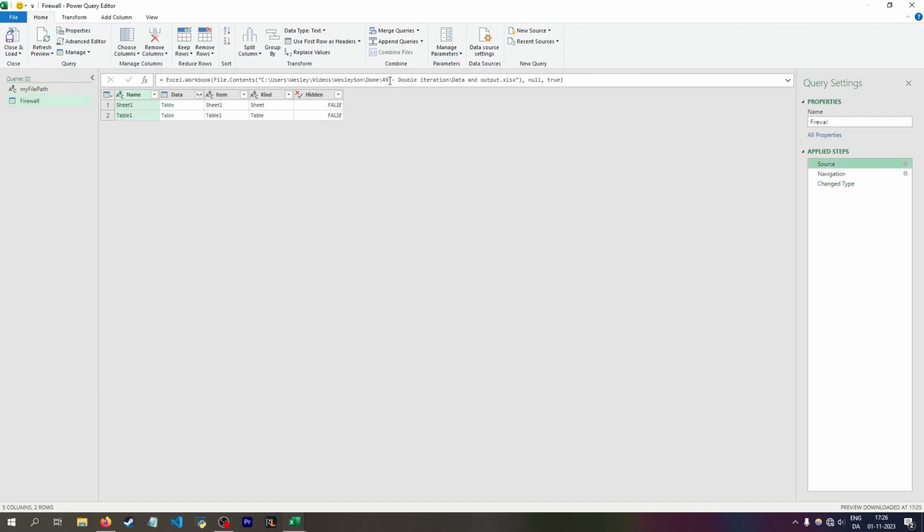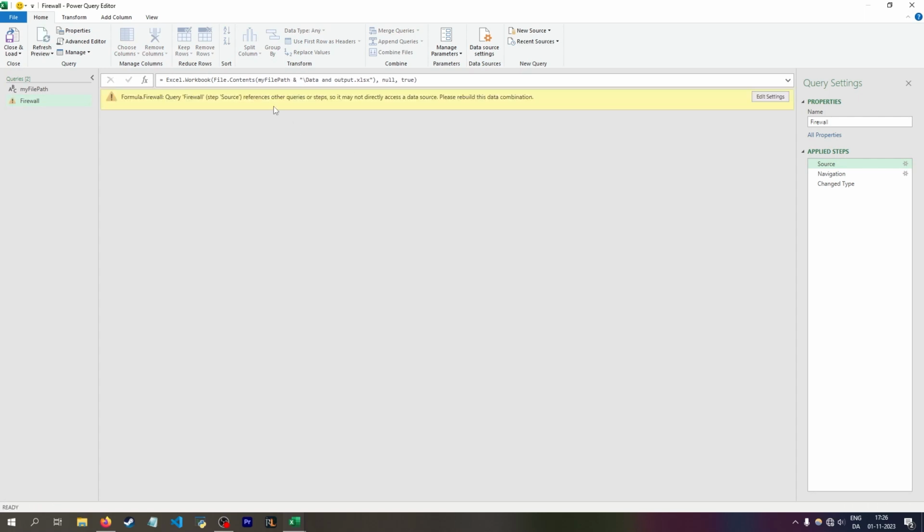I can go into source and say instead of this double iteration, I want this instead to refer to the output of my query. And again, I'm in Excel 2016, so I don't have access to IntelliSense, meaning I have to write everything myself. It'll now immediately give me this formula firewall error. Usually I don't get this error right away. It will work, and then when I open the file again in the future, it'll stop working,